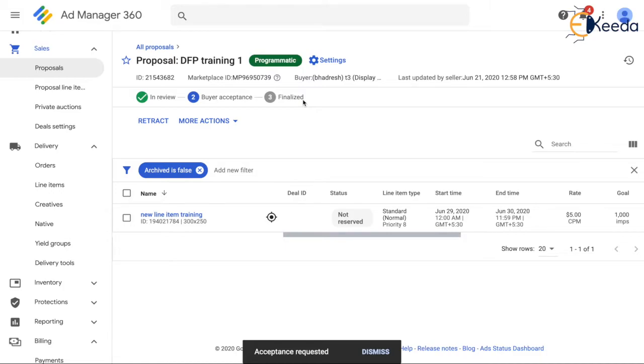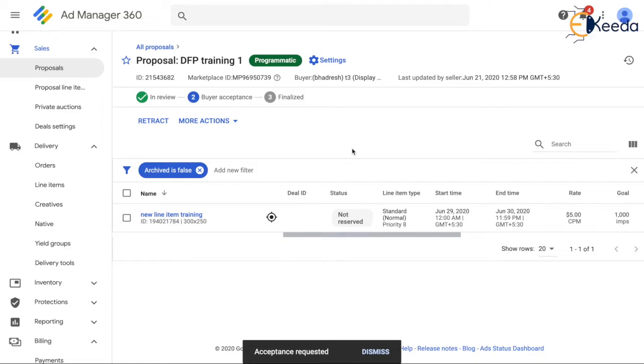When the proposal is finalized, the most important thing I want you to hear is that a corresponding DFP order and a corresponding DFP line item will get created under the delivery tab. Why is it necessary for Ad Manager to create a corresponding DFP order for the proposal and a DFP line item for the proposal line item?